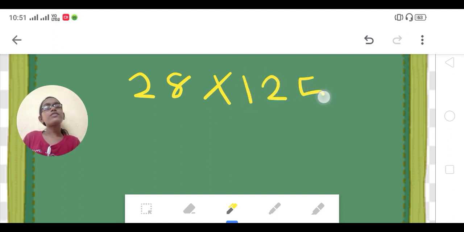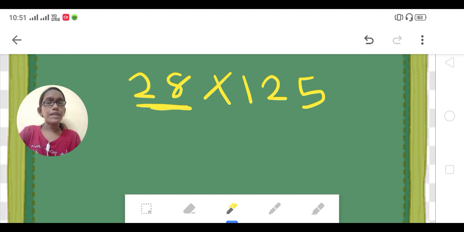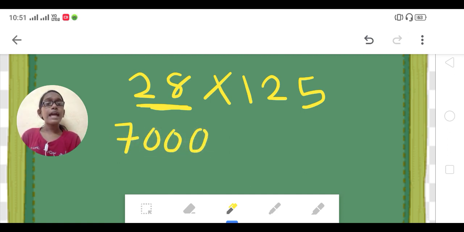So now if you are able to do the higher questions, you will be able to do these simple questions very easily as well. Now first multiply this with 25. Multiplying this with 25, you get your answer as 700. Now just add a 0 in the end, and then divide this by 2.